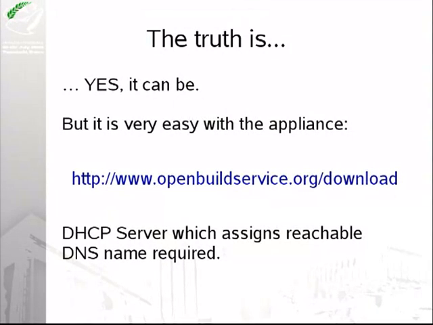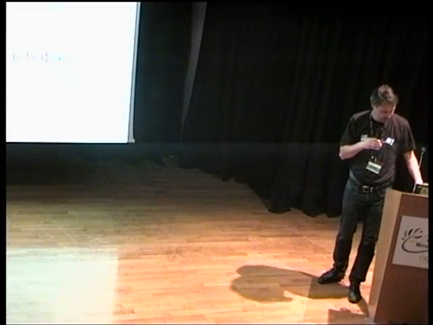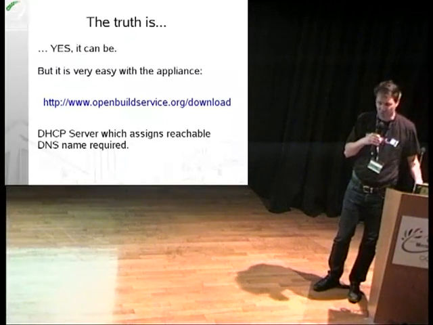Most people, or many people, try to install it from Git. That is not that easy because you need to get the right Ruby gem versions, and that's harder. It's doable, but it's harder. The appliance is also good. I mean, many people think an appliance is always kind of a live CD. It's okay for testing, but you can't use it in productive setups. And luckily this changes with all the cloud infrastructure.